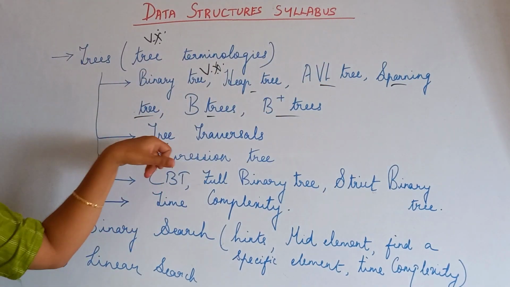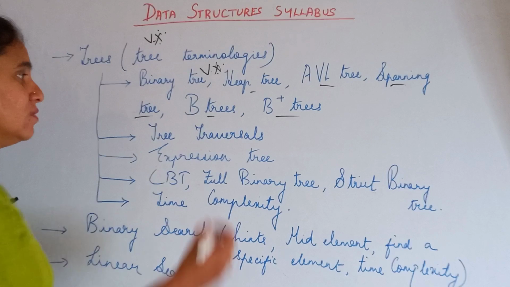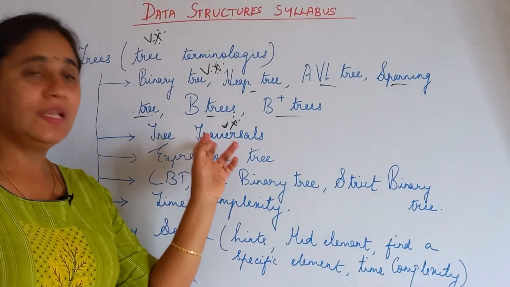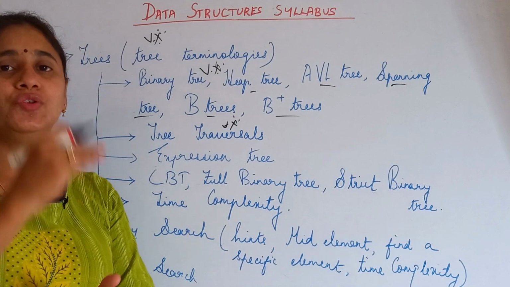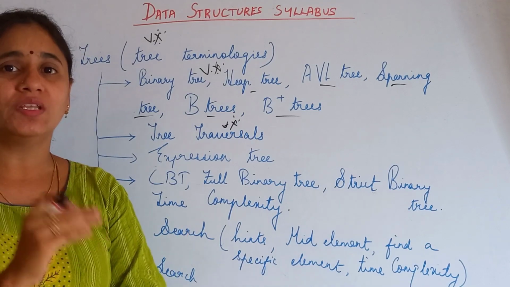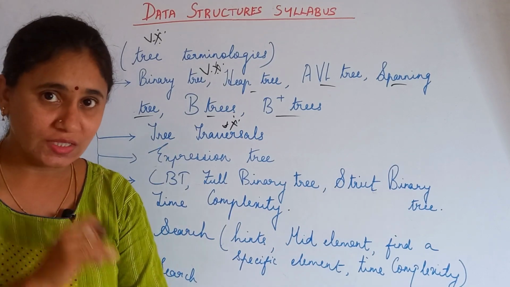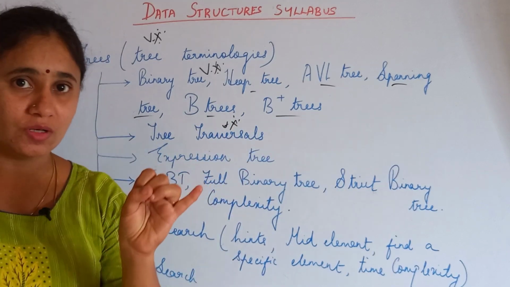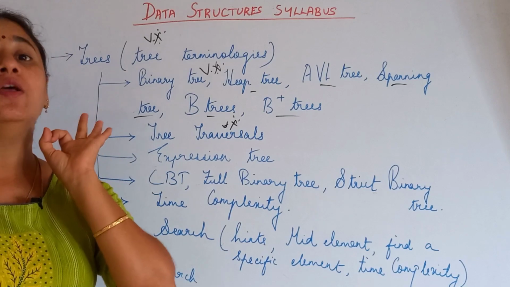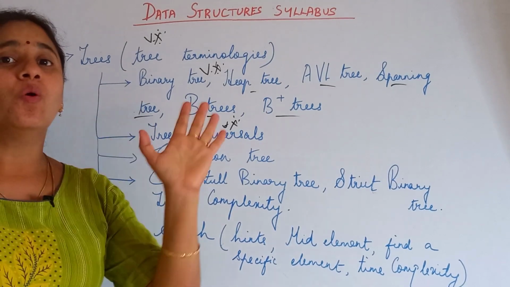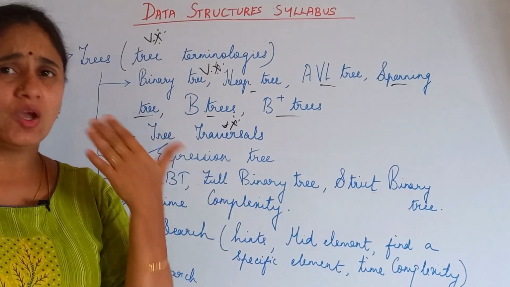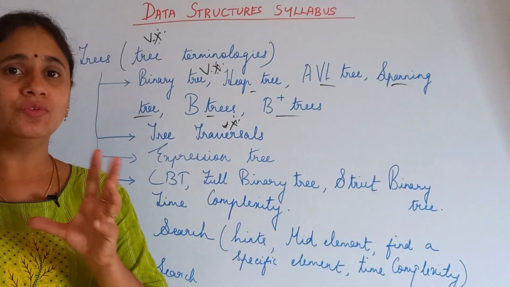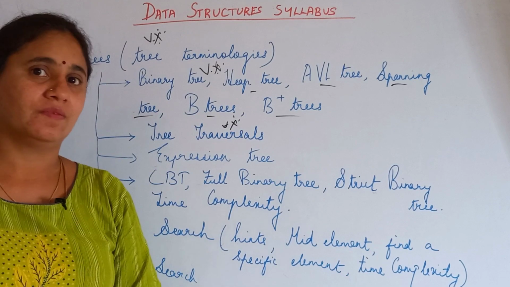So next one is tree traversals. This is also a very important topic of data structures. Tree traversal is nothing but how we visit each and every node in a tree structure. That we are going to discuss. You have different types of traversals, that is inorder traversal, preorder traversal and postorder traversal. All the different ways of asking questions in tree traversal, I am going to give to you in a brief manner, right?